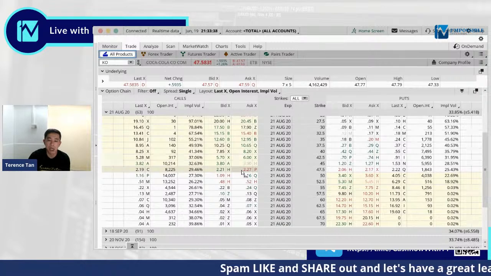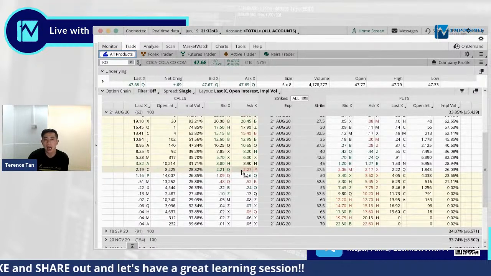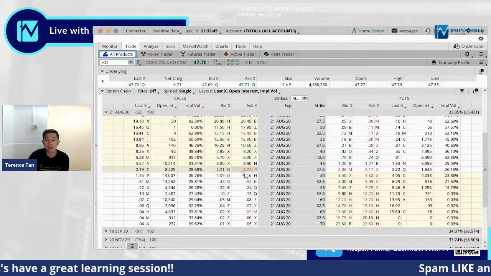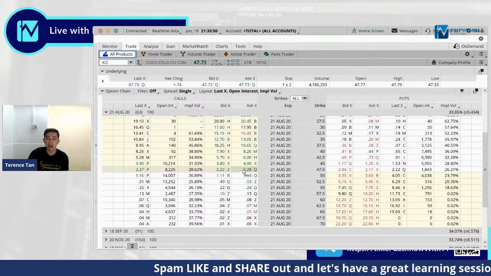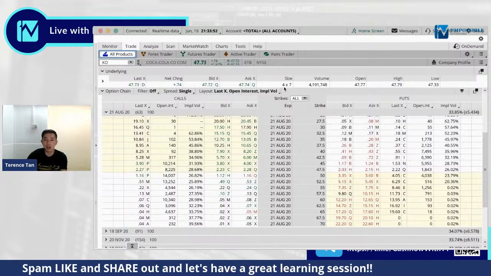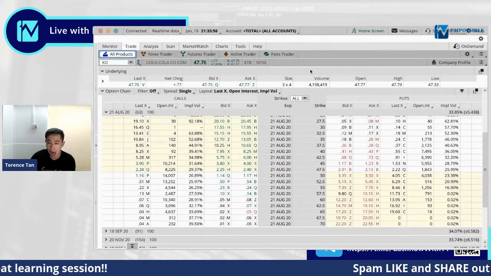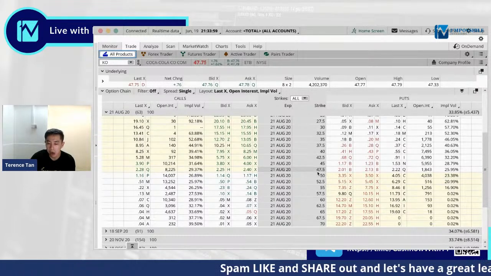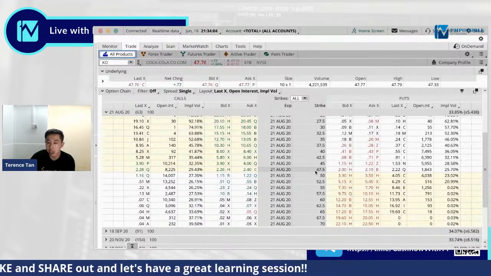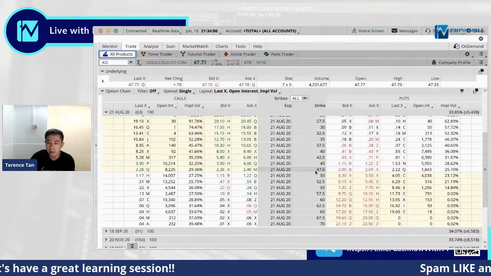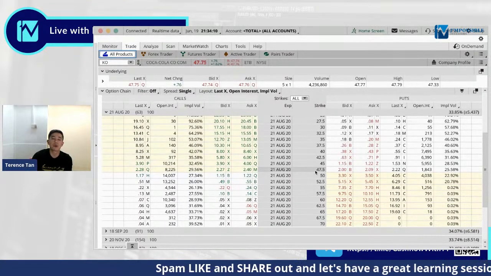So if Coca-Cola were to come down, then he's not going to risk anything other than the half of the profits that he's going to fork out right at the beginning. All right, so that will be how you play it. Now, if Coca-Cola recovers all the way to $60 by August, the market value for the option on the last day is going to be worth 60 minus 47.50, which is 12.50.